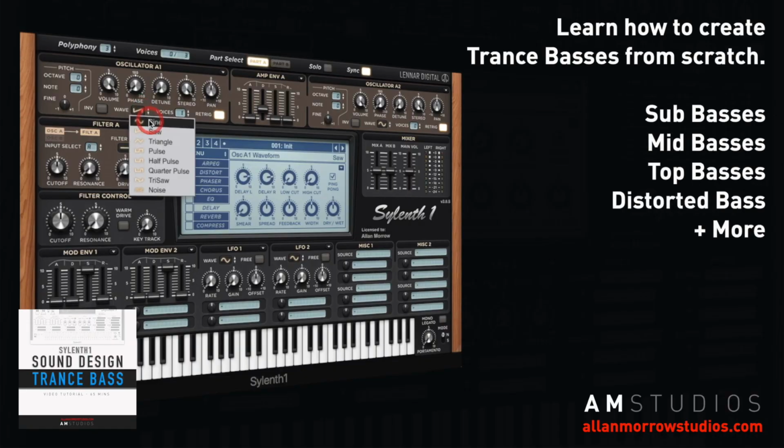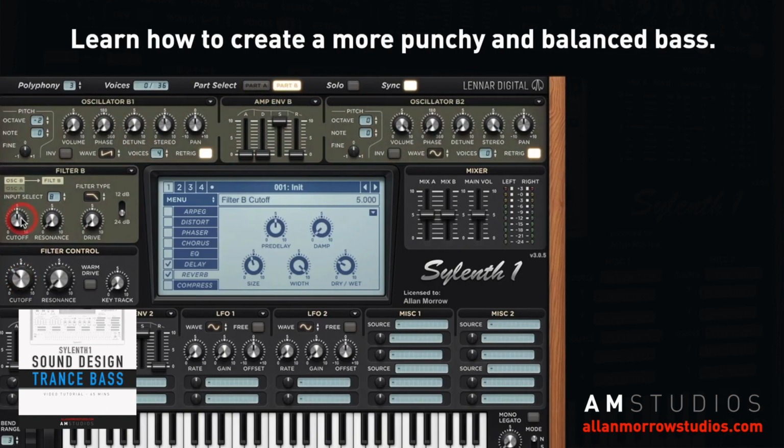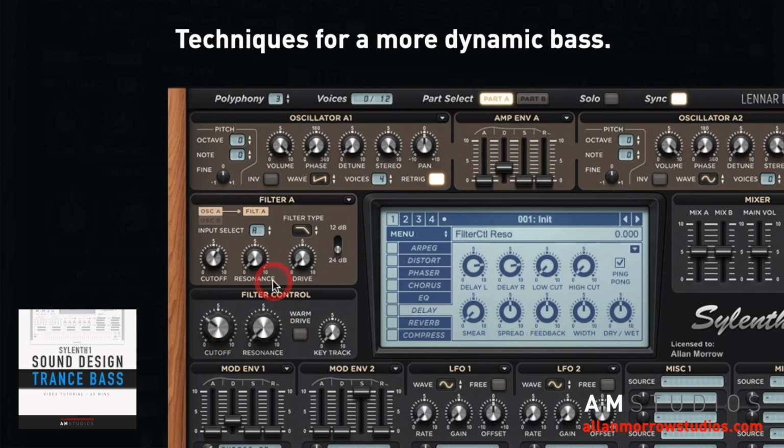In this tutorial I'm going to be showing you how to create many different trance basses from scratch, such as your sub basses, mid basses, top basses, distorted basses and more. I'll be showing you how to make your bass patches more punchy and balanced through the use of retrig and frequency positioning. I'll also be showing you how I frequency split oscillators with filters for more dynamic basses, as well